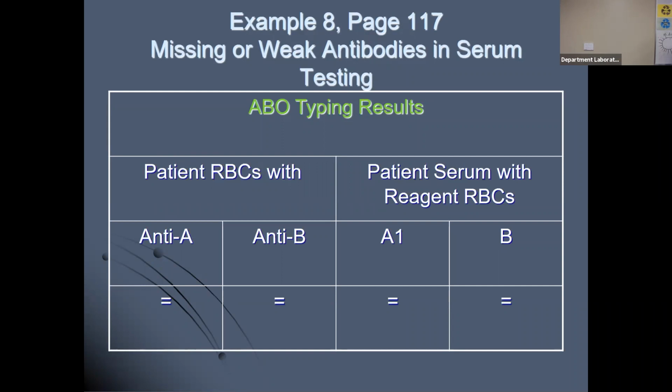He's negative with anti-A, negative with anti-B. So what's his front type? O. But his back type, is that what you expect for an O patient? No, he actually looks like an AB patient, right? All right, so typically when you're dealing with discrepancies, your front type is more likely going to be correct than